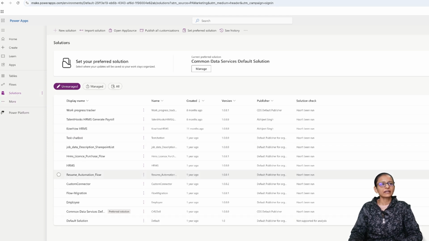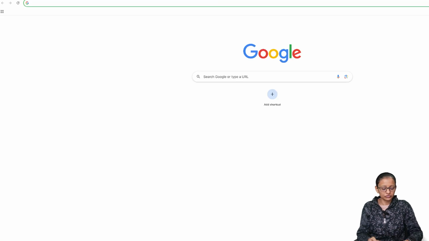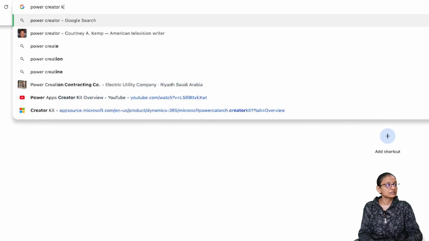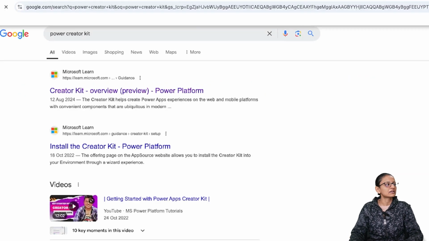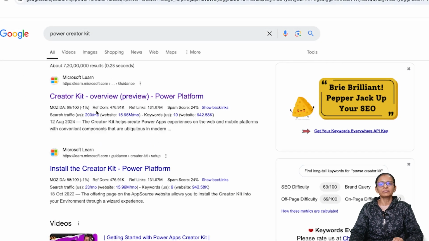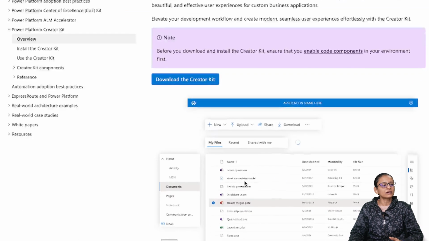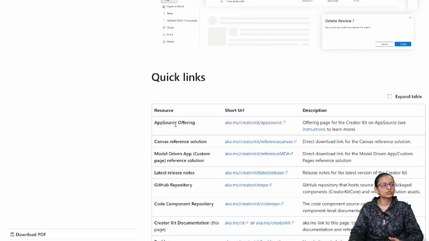Okay, right now I am in my desired environment, and open a new tab and search for Power App Creator Kit and hit enter. Here you will get the first link by Microsoft. Click on that link and here you will get an idea about what is Creator Kit, how to install Creator Kit and so on. So here you can click on App Source Offering.